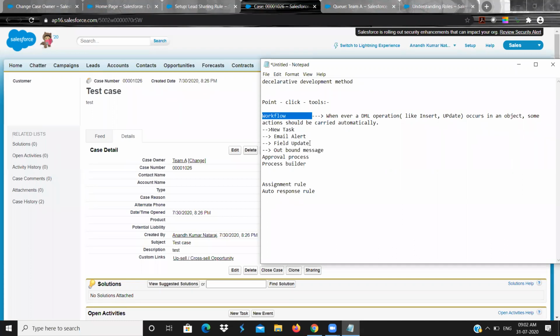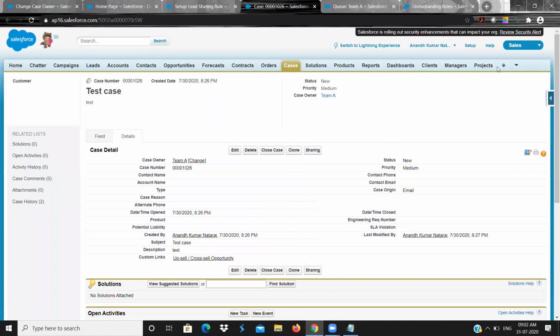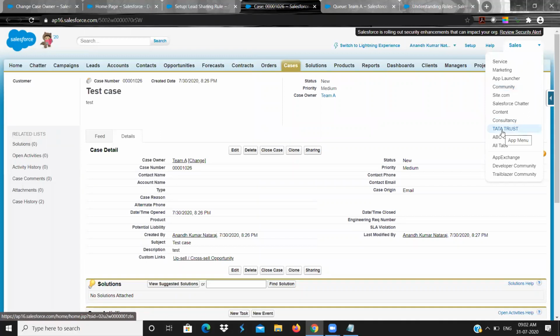So based on the workflow rule, if you want to send an email, for example, I have a custom object, a ticket object. We'll go for our ticket object itself.